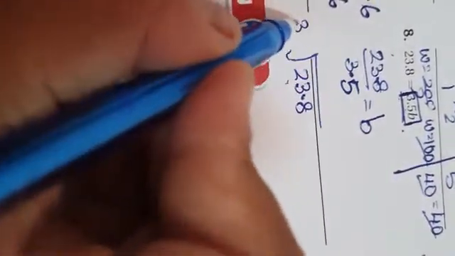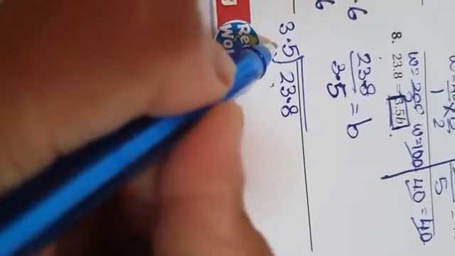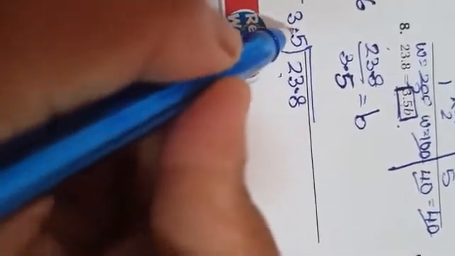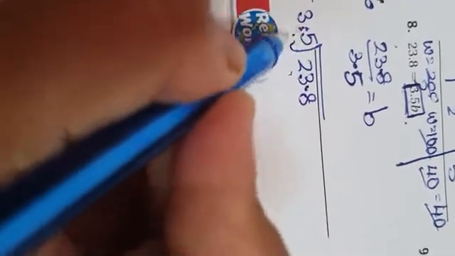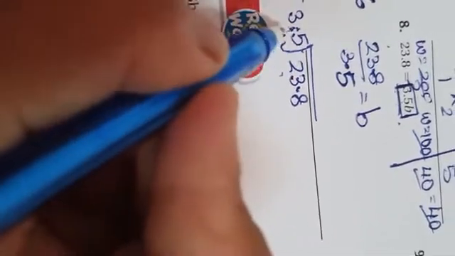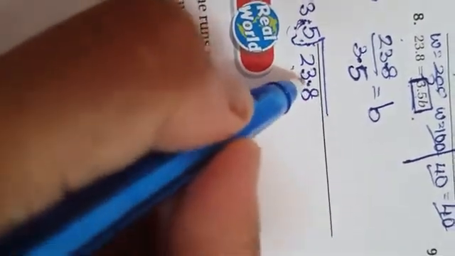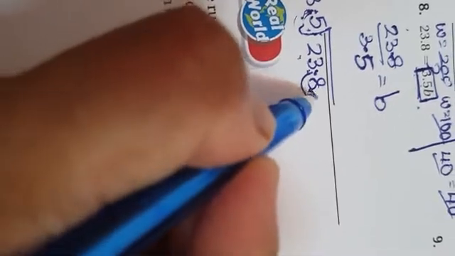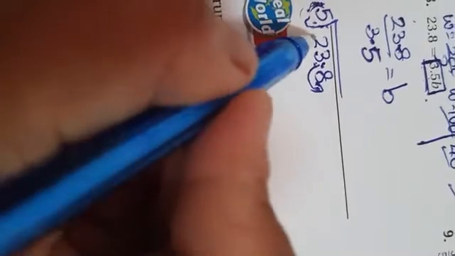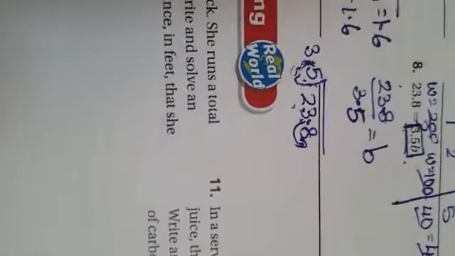Numerator goes inside, the denominator becomes the divisor. Again, we have a decimal in the divisor, which means we need to remove it. Okay, just kick it out. So how many places are we going to kick this decimal out? 1, which means in the dividend as well, the decimal moves back. So all you need to do is divide 238 by 35. So if you divide 238 by 35, you will be getting 6.8. Okay, so b is going to be